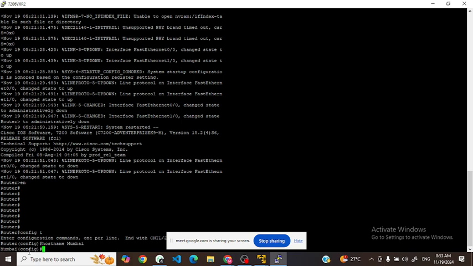Is it visible for everyone? Yeah. So before configuring the host name, what was it showing? Router. Now it is showing Mumbai. Okay, so we have changed the host name of this router,